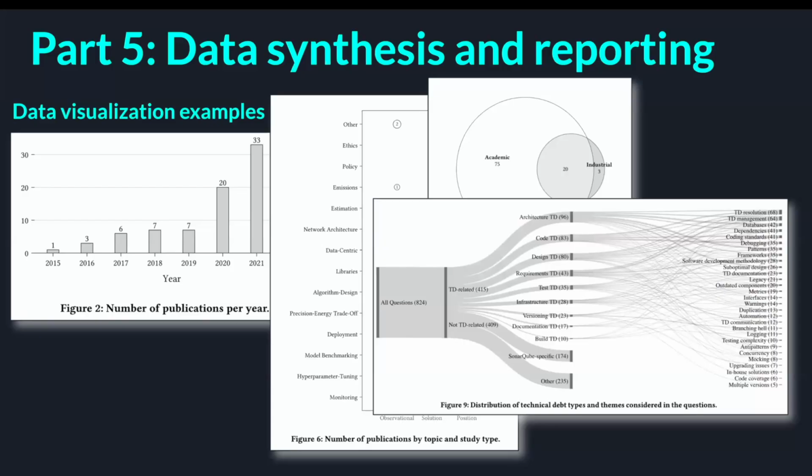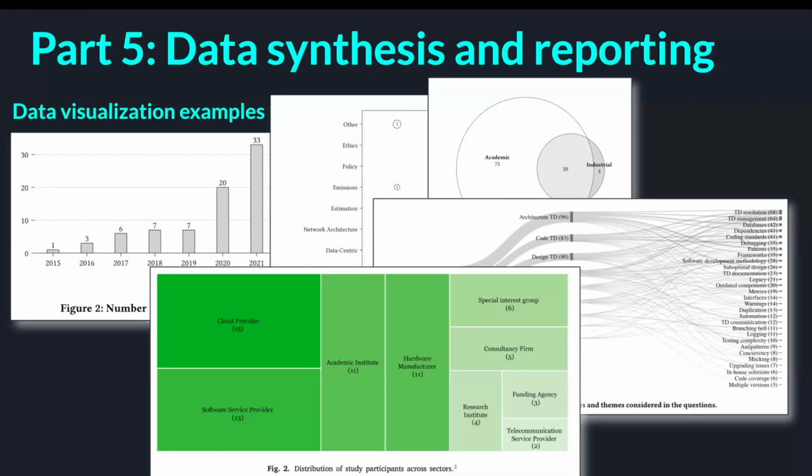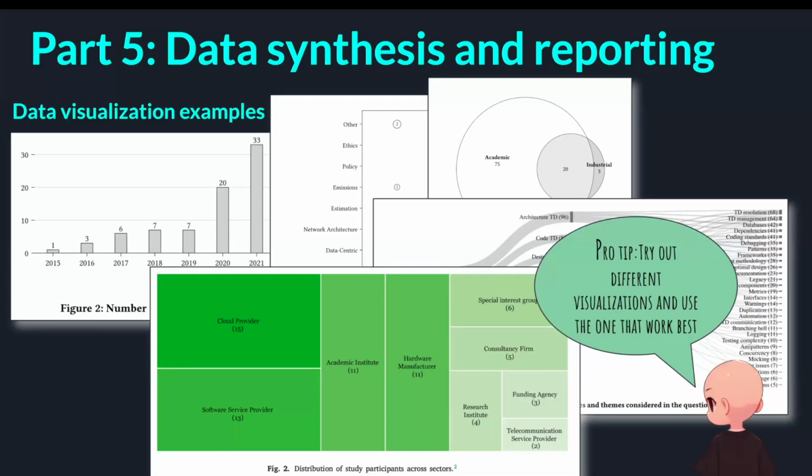Sankey plots are nice, but very complex to read. So it is just if you want to feel fancy, but not let anybody understand what the data means. Tree map charts are just glorified bar charts. If you want to feel fancy about not having a bar chart, you can have a tree map, and then it looks beautiful. In general, the tip here is to try out different layouts of the data, and then pick the one that conveys the message you want, because that's also right. Data visualization is not about showing the data, it is to bias somebody in telling what to look for in that data, right? So maybe here it's like, oh, look, cloud provider and software service provider, how many there are.